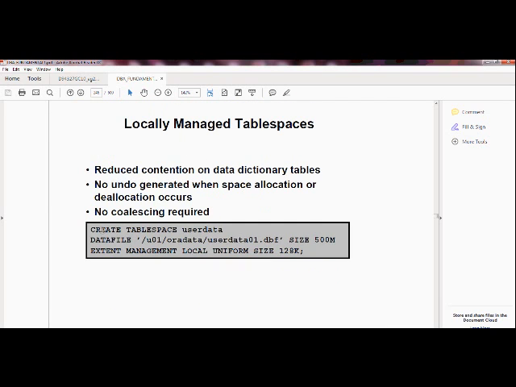So you can see here, CREATE TABLESPACE name, DATAFILE, this is the data file, SIZE 500M. Now EXTENT MANAGEMENT LOCAL UNIFORM SIZE 128K. What does it mean? Extent management local means inside the tablespace, extents would be managed locally. That's why this is a locally managed tablespace.